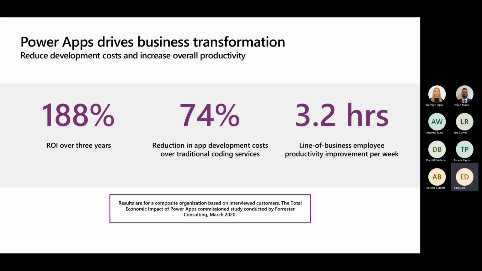And in terms of employee productivity improvement, again, we've seen around 3.2 hours of productivity improvement per week across line of business employees. Because regardless of industry, every organization is trying to do one thing. They're trying to drive constant value generation. It's been that way since the first business or organization of any kind was formed. Value generation is a foundational element, and the purpose of digital transformation is to simplify a process to help your organization find new ways of generating value.